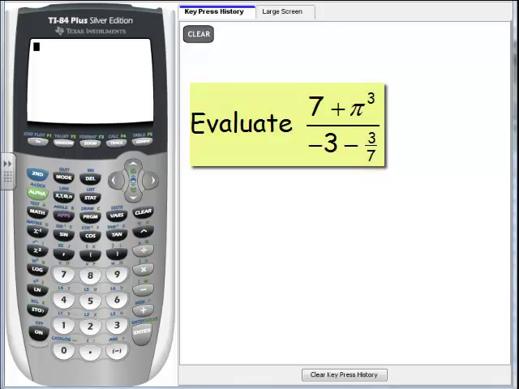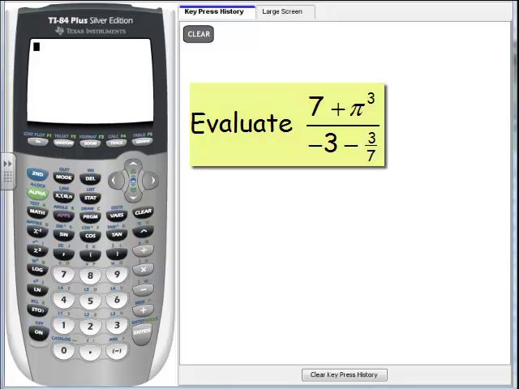We want to use our calculator to evaluate 7 plus pi to the third power all over -3 minus 3/7. What we have to first notice about this expression is that 7 plus pi to the third power is the numerator. And we want all of that addition and exponentiation to take place before any of the division. So in order to do this, we'll include the numerator in parentheses. We'll also do the same for the denominator because we want to find the difference between -3 and minus 3/7